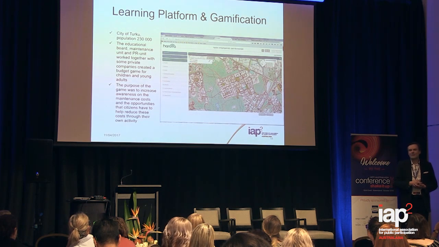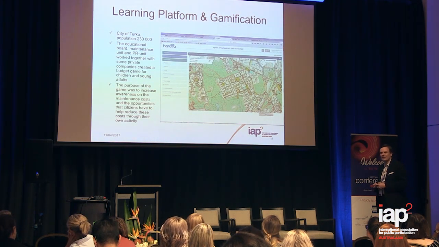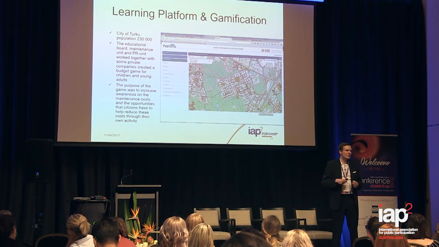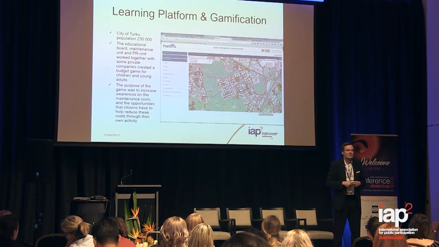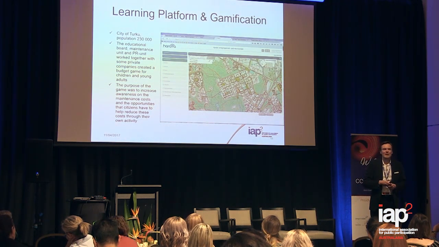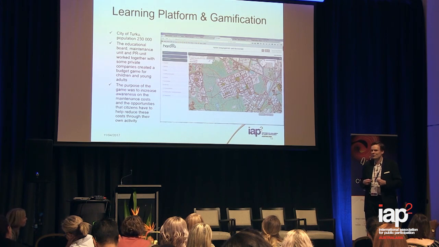And they did a kind of budget game where they had a certain amount of money that the youth in school groups, along with the teachers, could actually put in the money and plan how they would use that. Some of those plans were also taken into implementation, so they actually could see that some of the things that they were suggesting